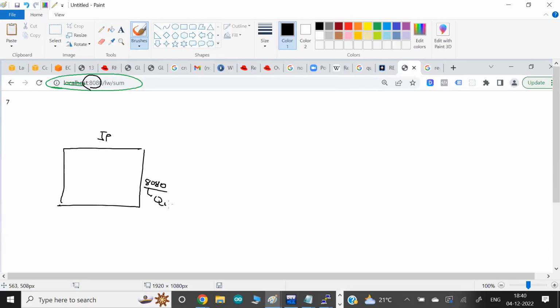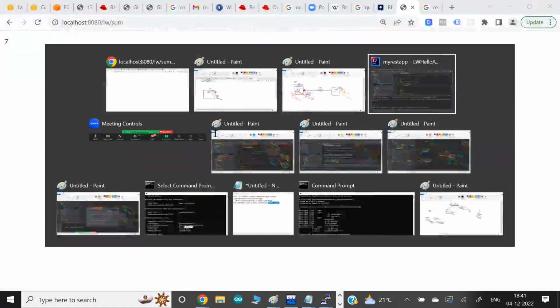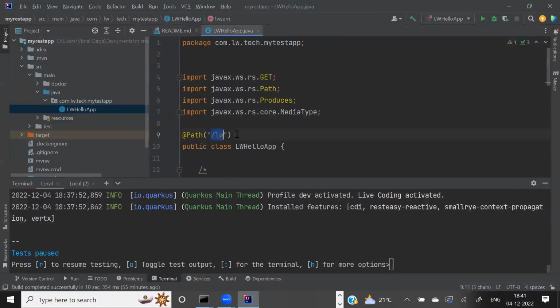And we are asking Quarkus as a program: Quarkus, you are the one who runs my app, my service, or this app may have some small functionality, so it's called a microservice maybe. So can you help me to reach here? Can you take me to LW? LW is one of my program names, program file, also known as class name. Can you take me to this class?